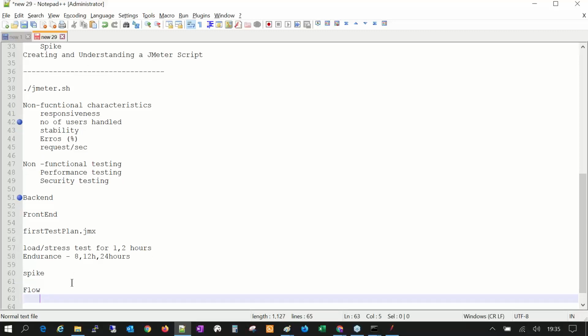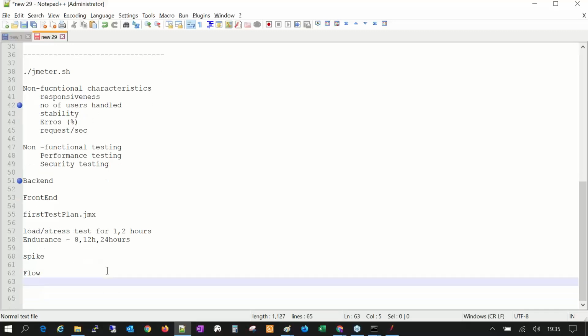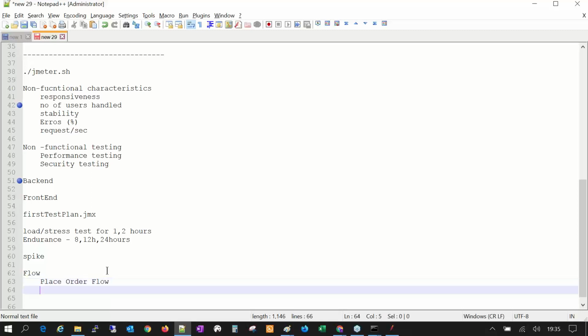All right, so what actually is a flow? A flow is something that defines a certain number of pages or a certain path of your application. So if I say that I have a place order flow, okay, so it's a general place order flow for any e-commerce application. So what should this place order flow contain, at least